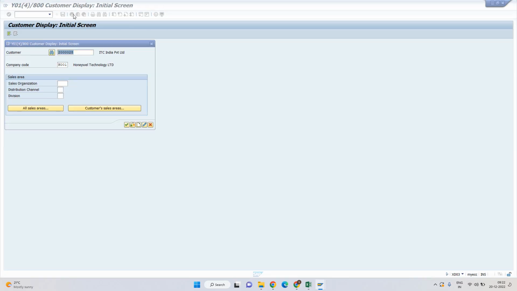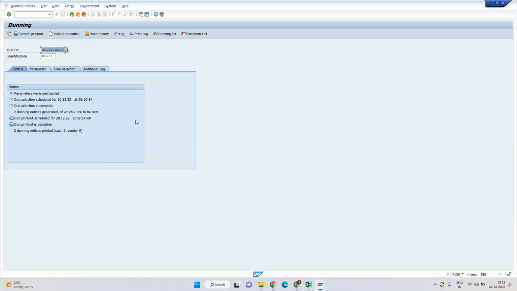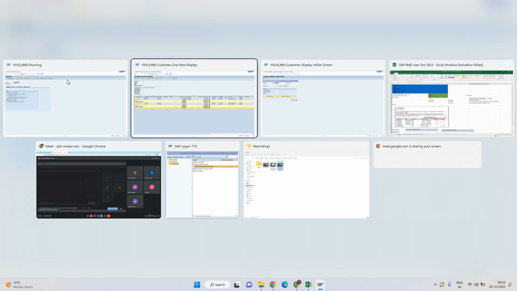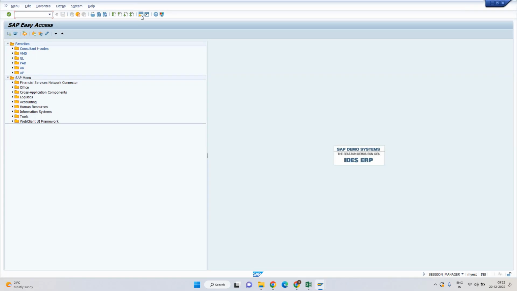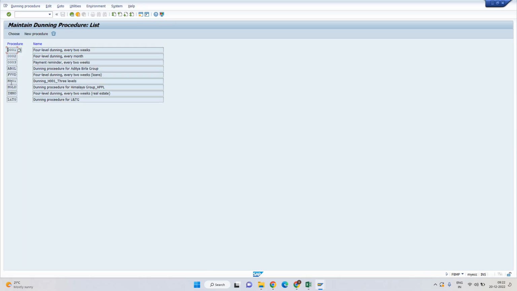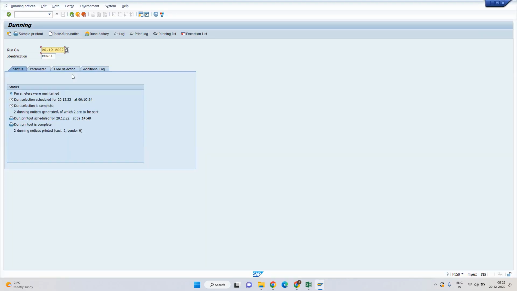Now go back and let us continue to execute the second level of dunning, how it will be done. Now as per the configuration, we have given some 10 days of gap. Go to FBMP, and double click on this, you can see we have given 10 days of gap. So the interval days is 10 days, right? So based on this, if I execute it immediately after this, like tomorrow's date, 22, then it will not work,